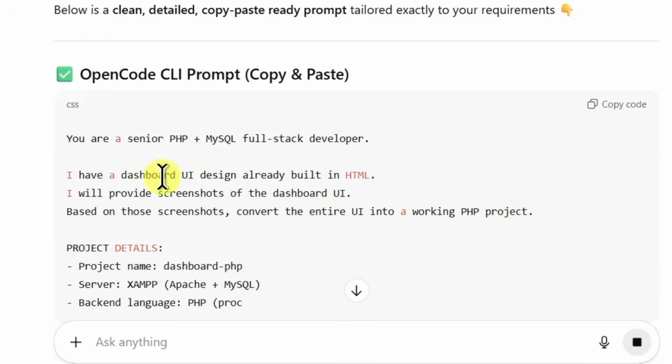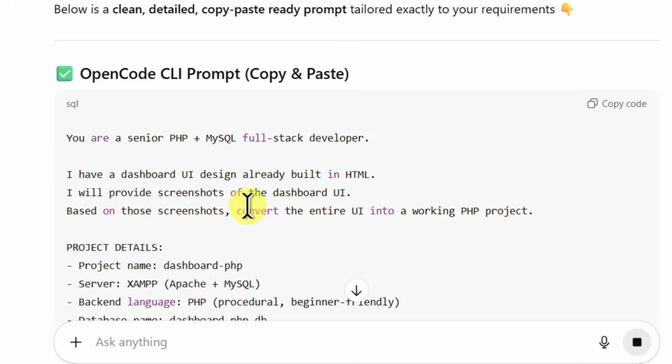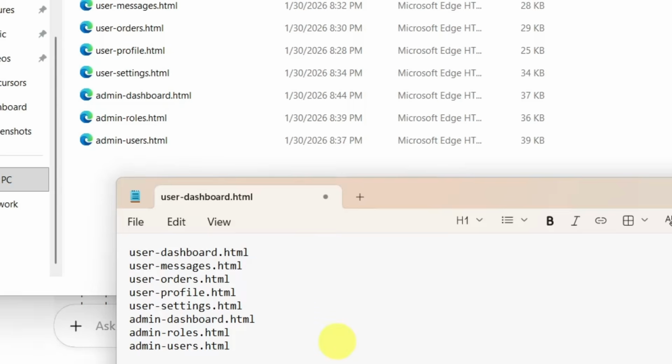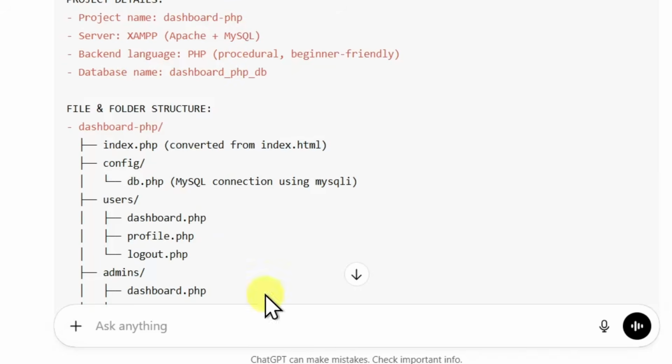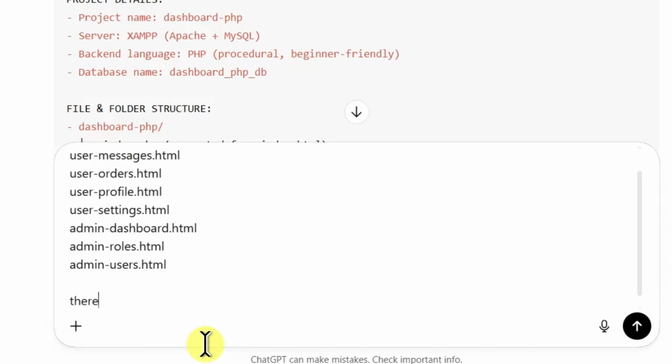What you have to do is just go through the prompt, and if you need to change anything, you can mention it here and then regenerate the prompt. Okay. So you can say I have written down every single page name. Now I'm going to copy this and go back to the prompt, and here I have to mention all the pages. Okay. So I'll say these are the pages